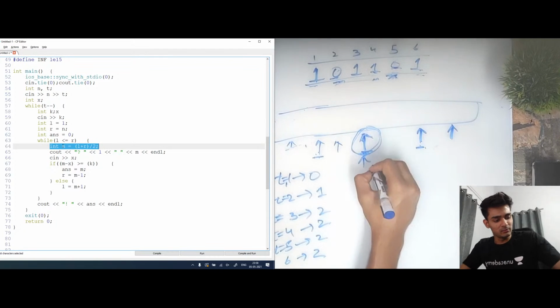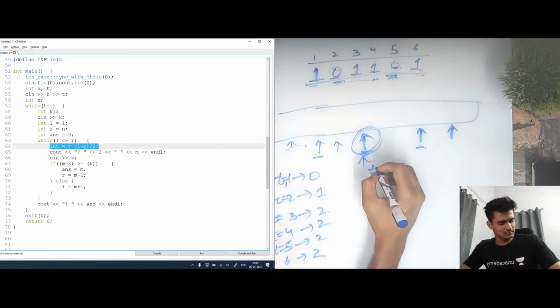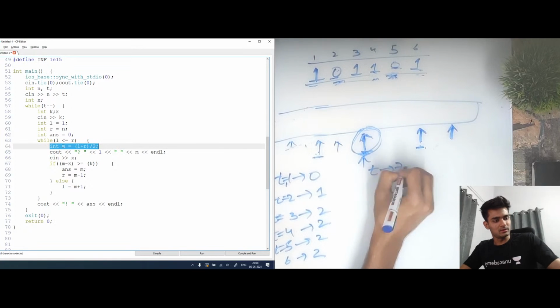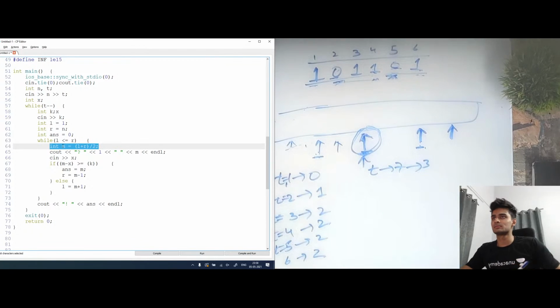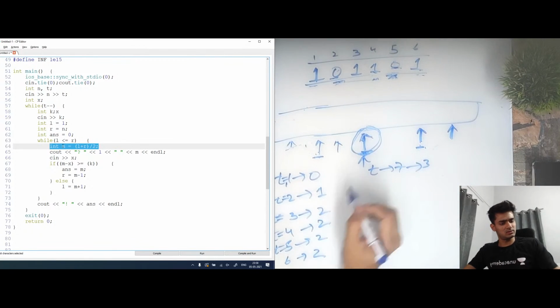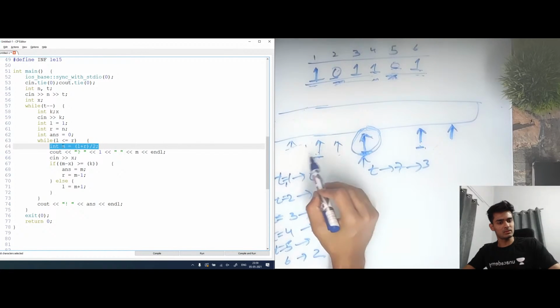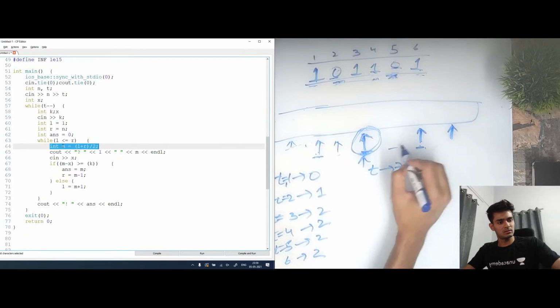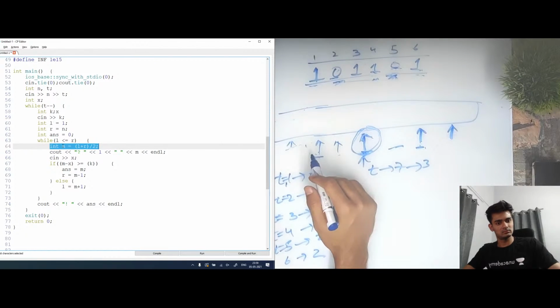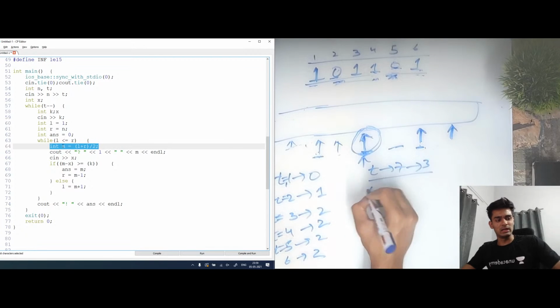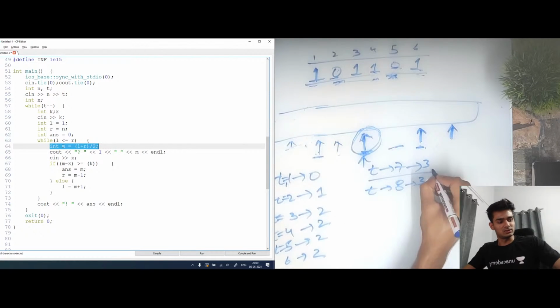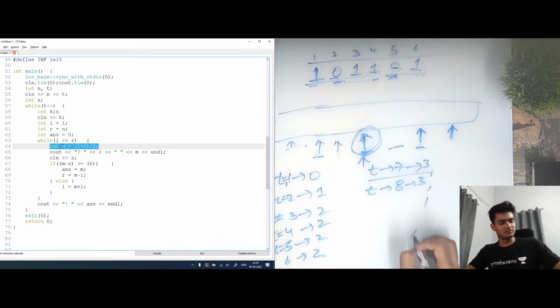But after this, when we move on to t equals to 7, we'll actually have saved 3 queries. Yes, 3 queries. For t equals to 8 also we'll have saved 3 queries. So this 3, if you see the pattern, this 3 will now come what? 16 times. No, not 16. It will come 8 times.